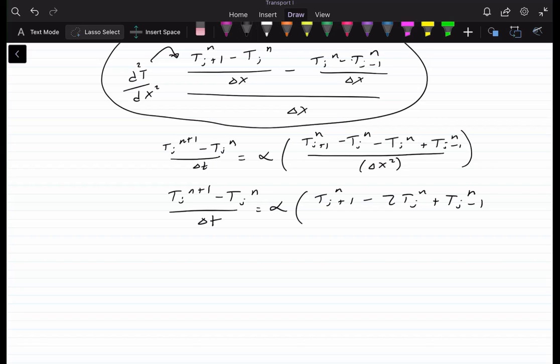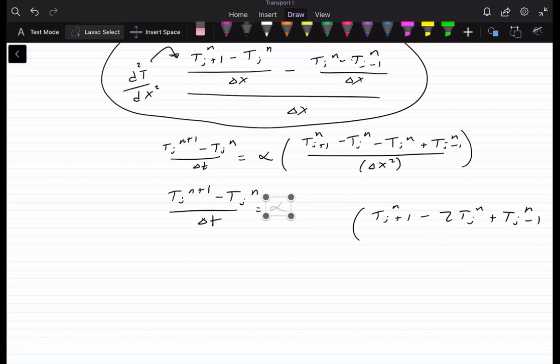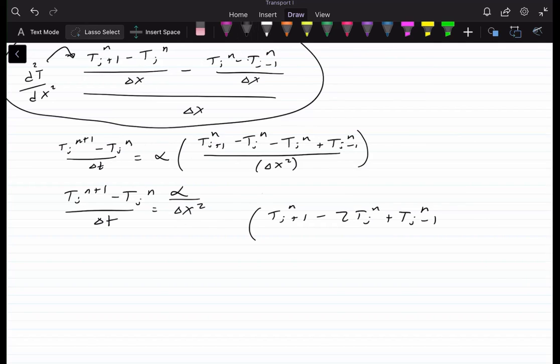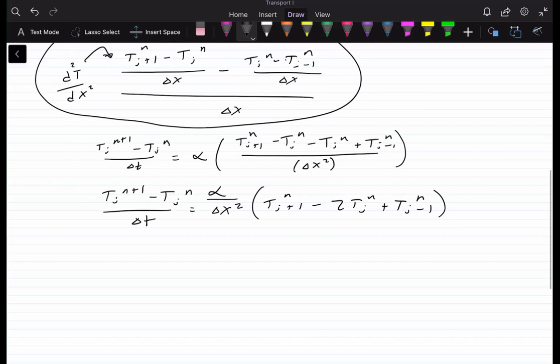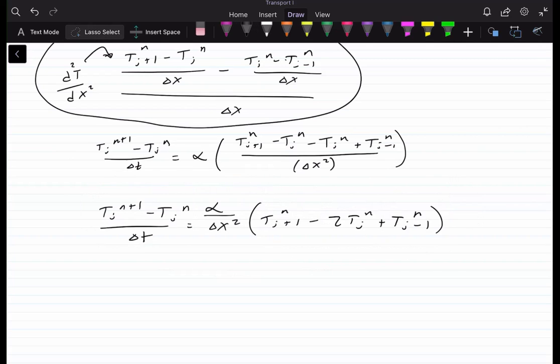And actually, we can go ahead and pull out that delta x squared, and just leave this in there. I'm going to go ahead and move this down. It's kind of close together. Alright,